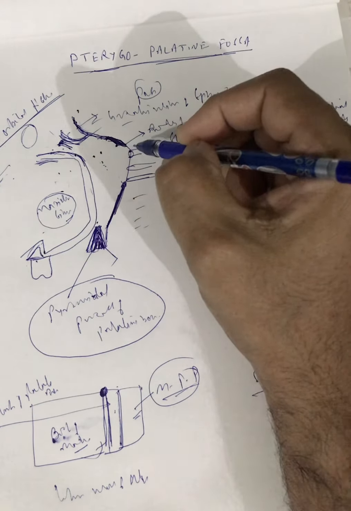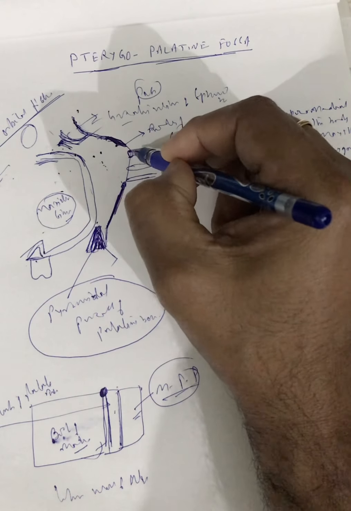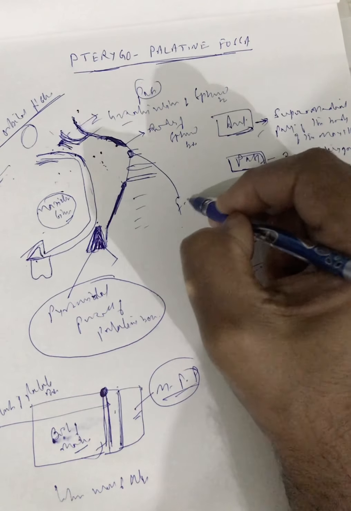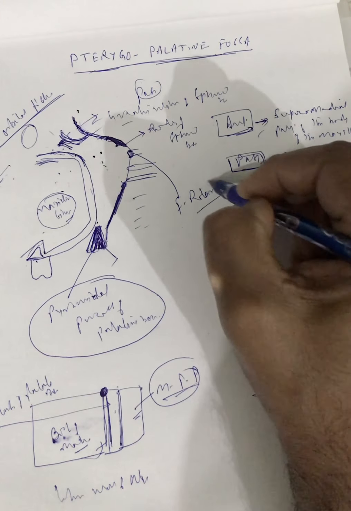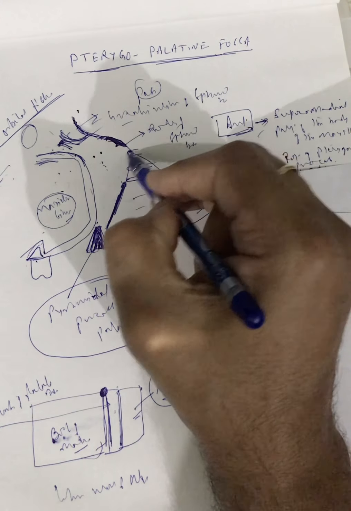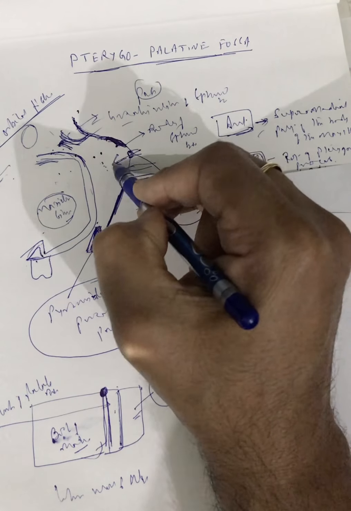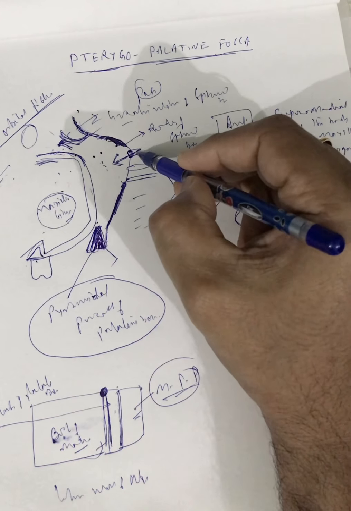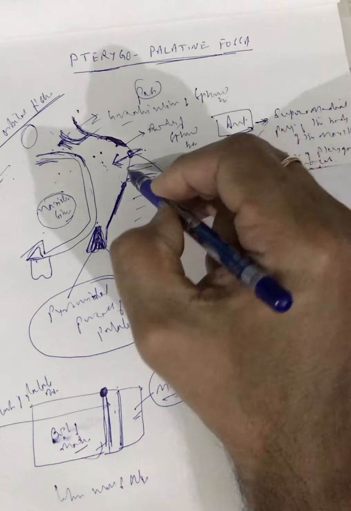Now, its posterior communication. Posteriorly, the most important structure it communicates with is the maxillary nerve. This is the foramen rotundum. If any structure comes from the foramen rotundum, in the middle cranial fossa, it will come to lie in the pterygopalatine fossa. So this is the foramen rotundum through which the maxillary nerve comes to the pterygopalatine fossa.